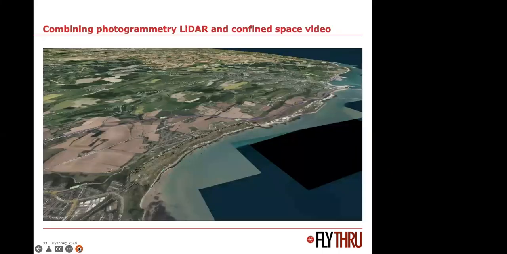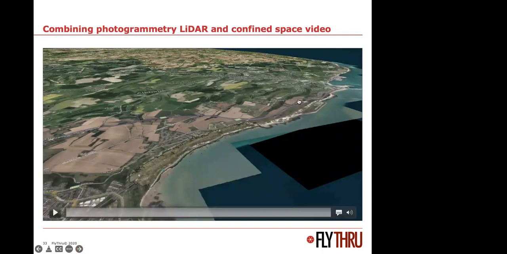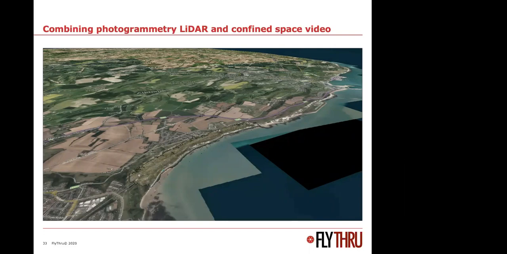And this is combining the whole thing. If you look from left to right there, that's the railway line that's going underneath the channel. These are the White Cliffs of Dover. That there is the World War II Battle of Britain Memorial, and we're down here somewhere. So this is LiDAR, photogrammetry, a little bit of Google Earth, laser scanning, and video sets that we have combined.